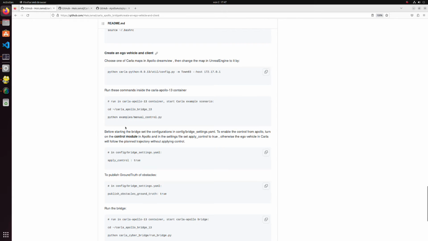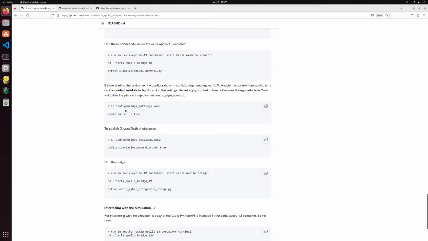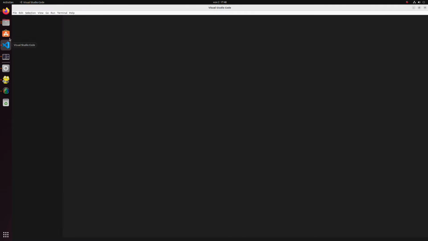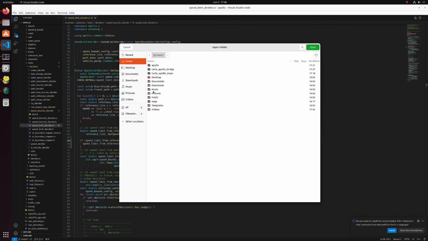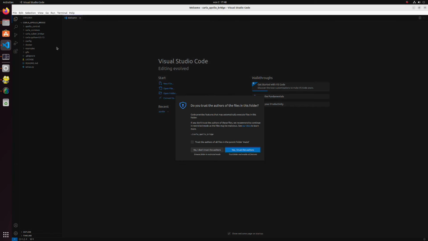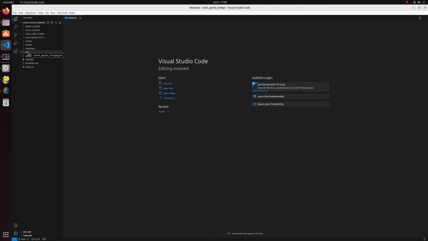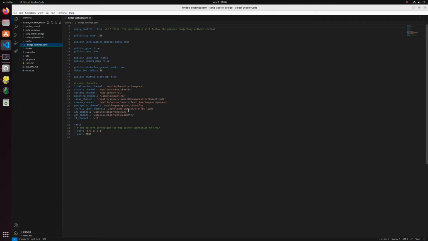Now let's check the bridge configuration before running it. You can find it in config bridge settings. You can edit the publishing rate of the bridge. You can also choose to either apply control or apply the planned trajectory immediately. You can also either publish the localization info immediately, or publish the output data from sensors, and then Apollo would use this information to find the location